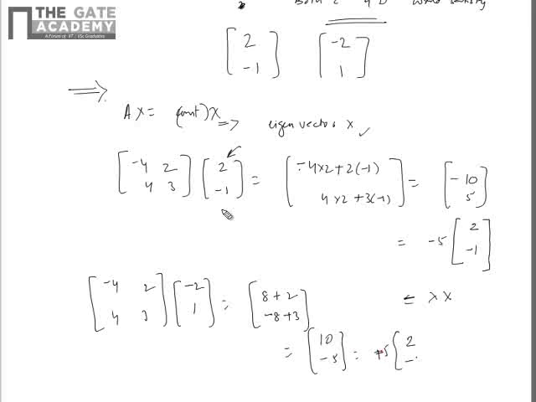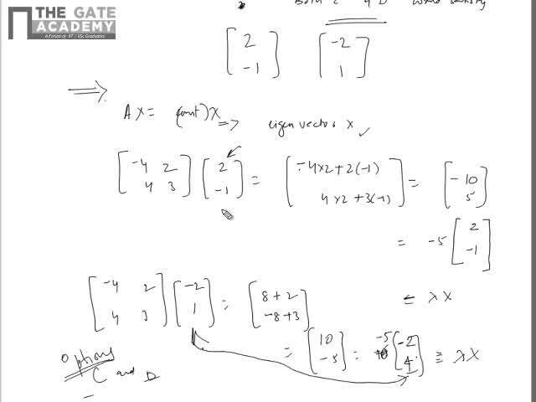I think you have to take minus 5 common, so then it will be minus 2 and 1. So you again get back the same vector. So this is again lambda times x. So in these kinds of problems, both options C and D satisfy. Okay, so the basic idea here is that whenever these kinds of problems come, here it might be an add score problem, both C and D satisfy, but